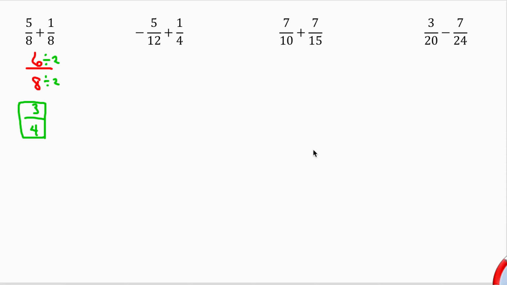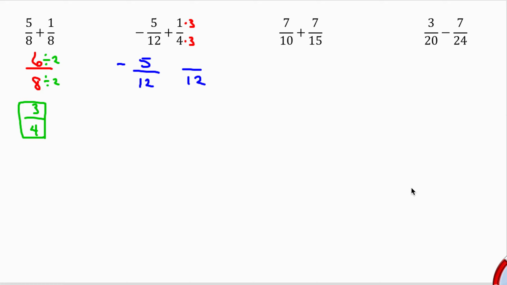Okay. Are the denominators the same? No. If they're not the same, look at the biggest one. Does 4 go into 12? Yes, it does. So I know my denominator is going to be 12 on both of them. It's got to be at least the biggest one. Since I did not change this denominator, don't change this numerator. But this one, I've got to make that 4 a 12. So I know that 4 times 3 is 12, so 1